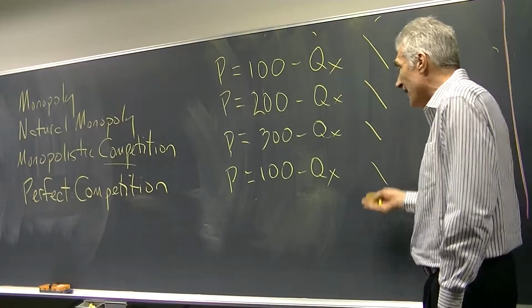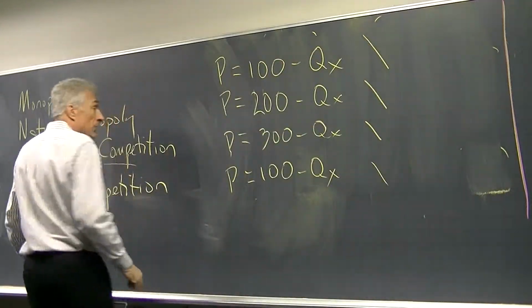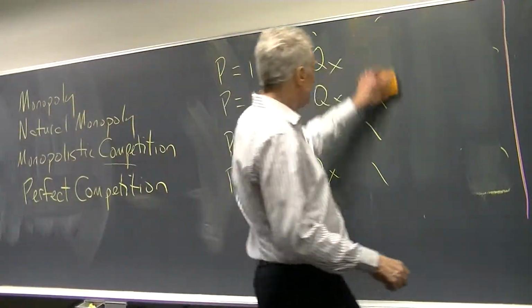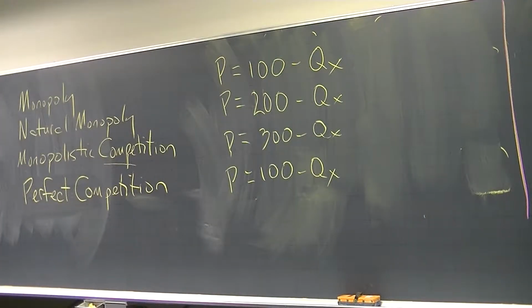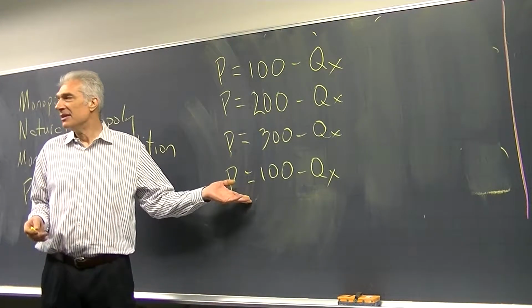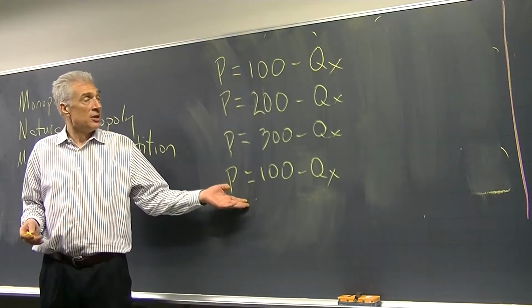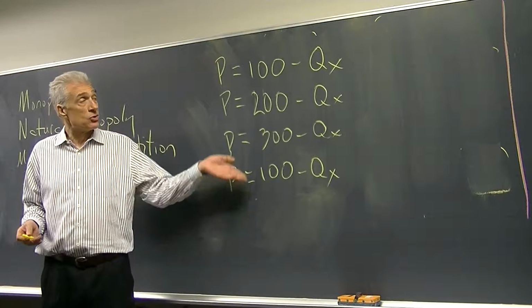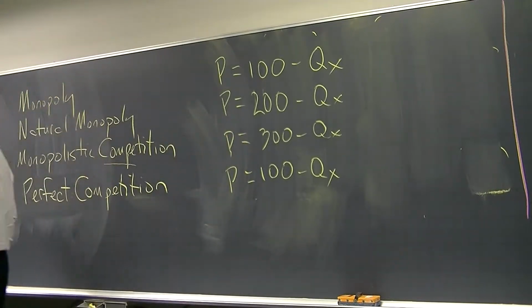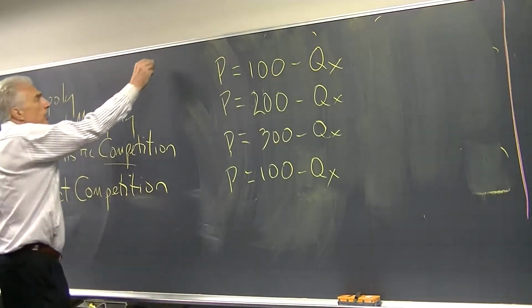Okay, so we have our equations. Now, let's see what's next. So that's perfect competition, and that's all I've asked here. Just make up some numbers, as long as it satisfies the condition of a downward sloping demand curve. And those do. They're all downward sloping. That's 11. I'm sorry, that's 12. So that's all I asked you to do in 12.